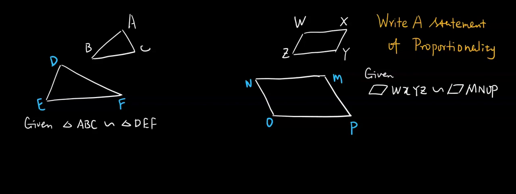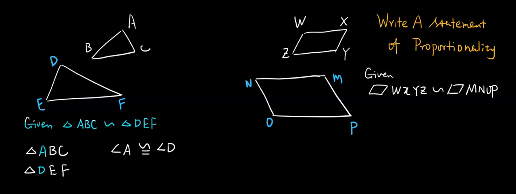Welcome. In this short practice, we're going to write a statement of proportionality. It is given to us triangle ABC is similar to triangle DEF. So I'm going to write down ABC and DEF. To make the job easier, we say A and D line up, which means angle A and angle